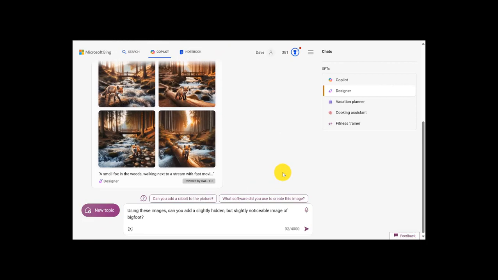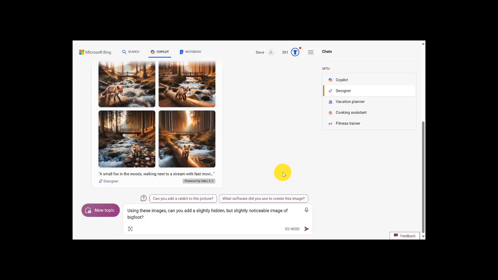So as we've seen, the Microsoft Designer platform lets us take an image that we've generated and customize it in many different ways. But we can also continue to tweak this image with follow-up prompts and continue to send it in the creative direction that we want it to go in. So let's take these 4 images and see if we can get the system to slightly alter them based on